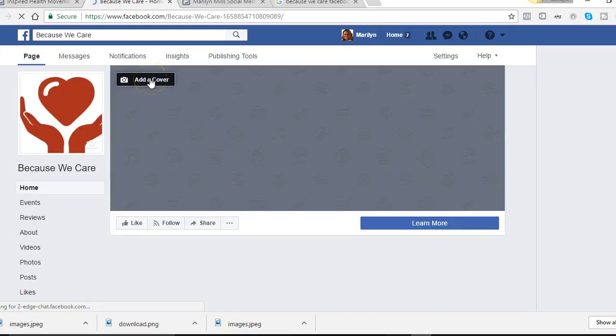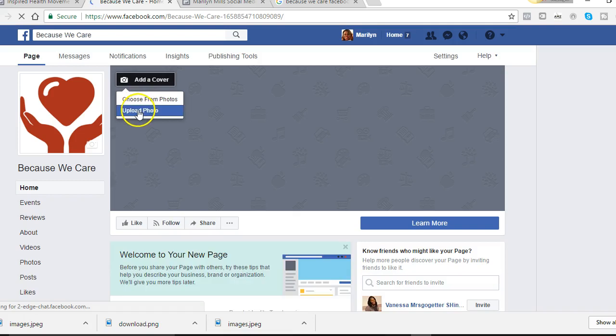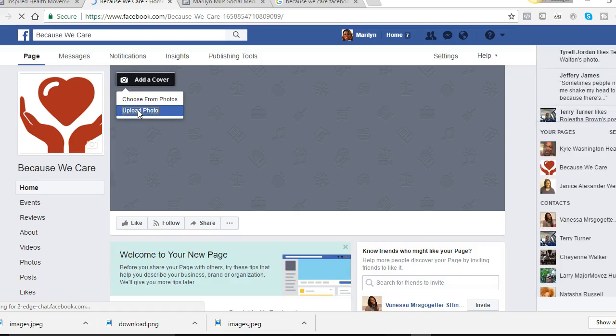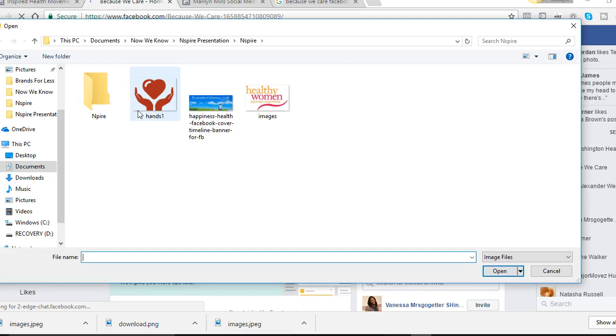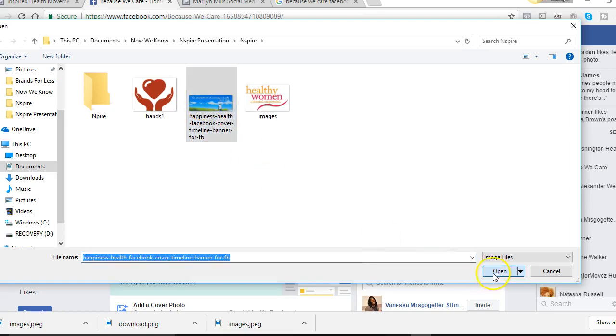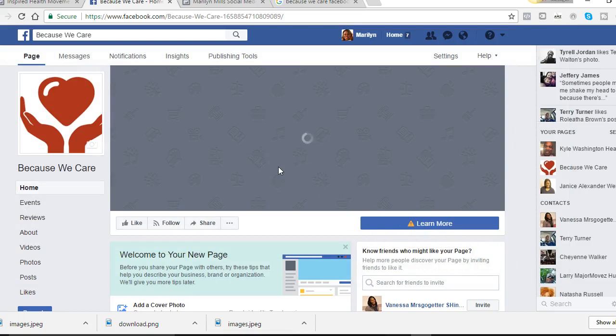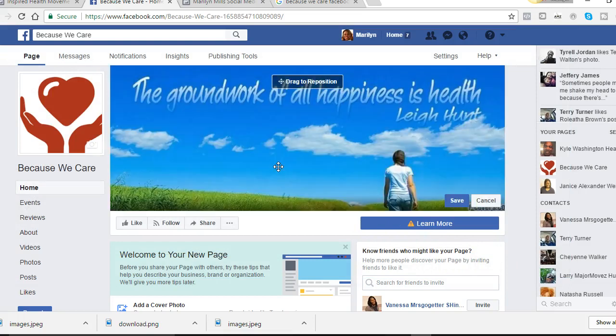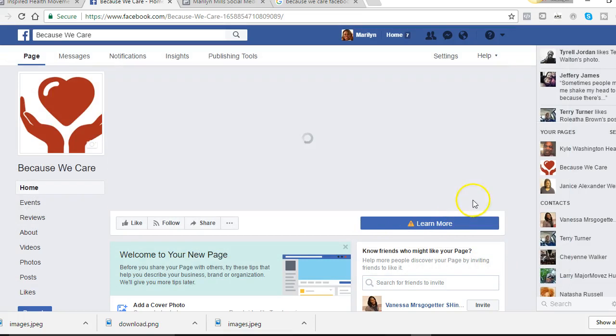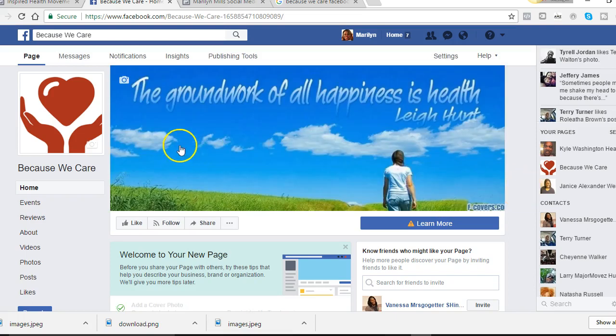And I'm going to add my cover. And I'm going to upload that photo. I actually chose a photo earlier, but I did it again to show you exactly how to do it for the ones who aren't as savvy with the internet or Facebook. So I'm going to save this. Now I have my profile picture and I have my Facebook banner